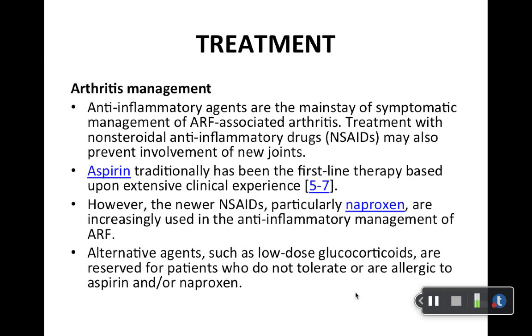And again, we'll talk about this more in detail, but basically because of their adverse effect profile, they have a lot more adverse effects you have to worry about, and they're usually less well tolerated than naproxen and aspirin. But they are good anti-inflammatory medications. So if someone really needs some anti-inflammatory treatment, and they are allergic to or have some contraindication to taking aspirin and naproxen, you could go with a steroid,